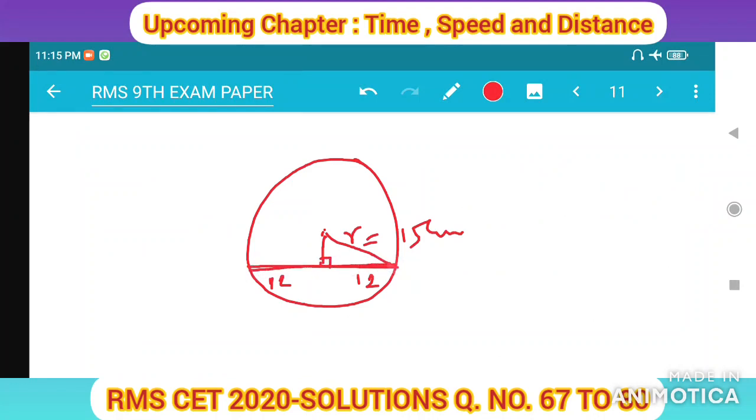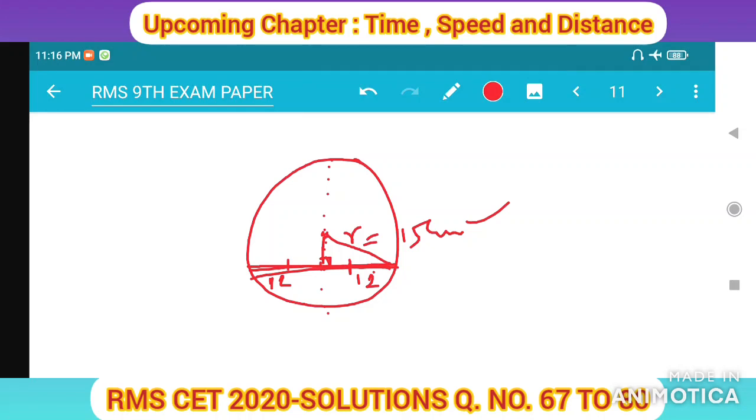Suppose this is a chord of 24 cm. From the center onwards, it is distributed equally. 12 centimeter is on the left portion, and the right portion is 12 centimeter. Total chord length is 24 centimeter. See, this is the center point. The diameter is given as 30 centimeter, so the radius becomes 15 centimeter. This value we know, and it is forming a perpendicular. I am drawing it imaginary here, so it is a perpendicular.